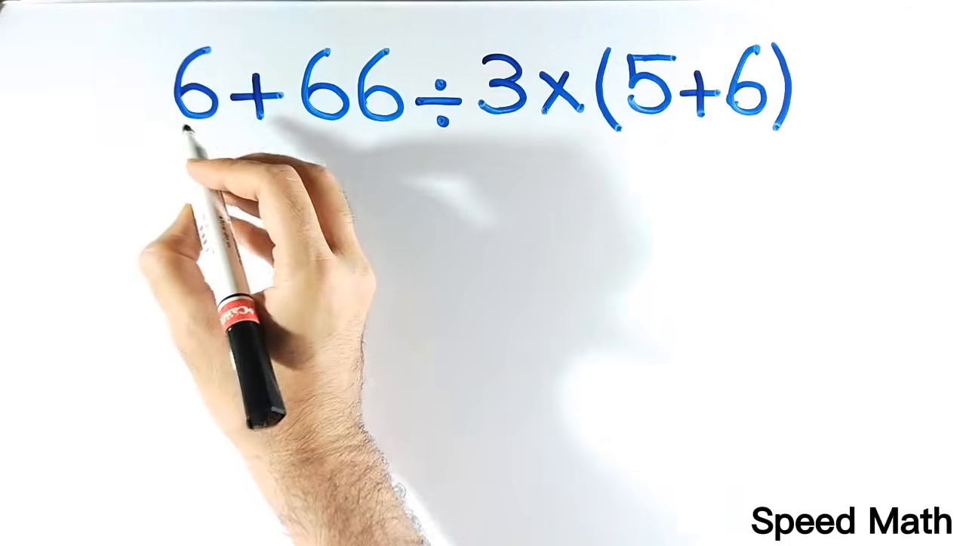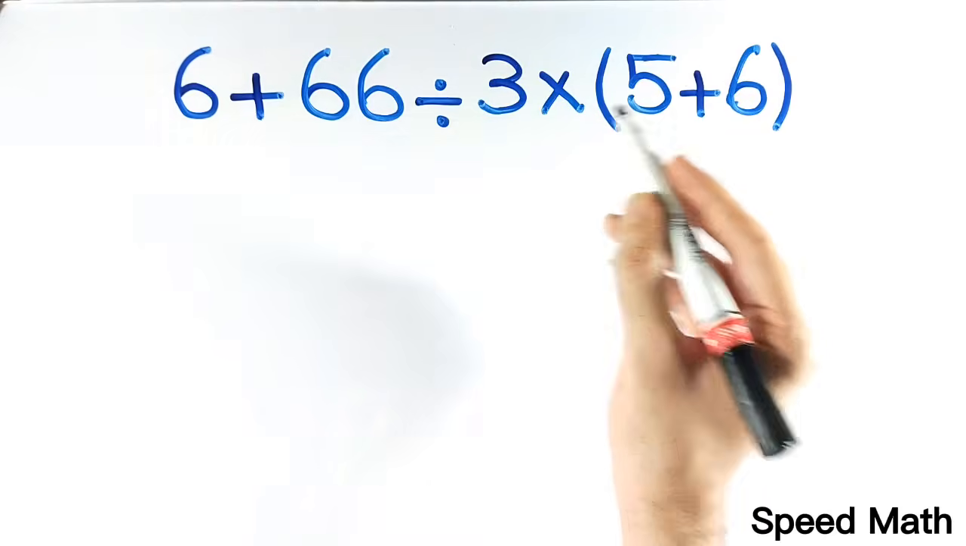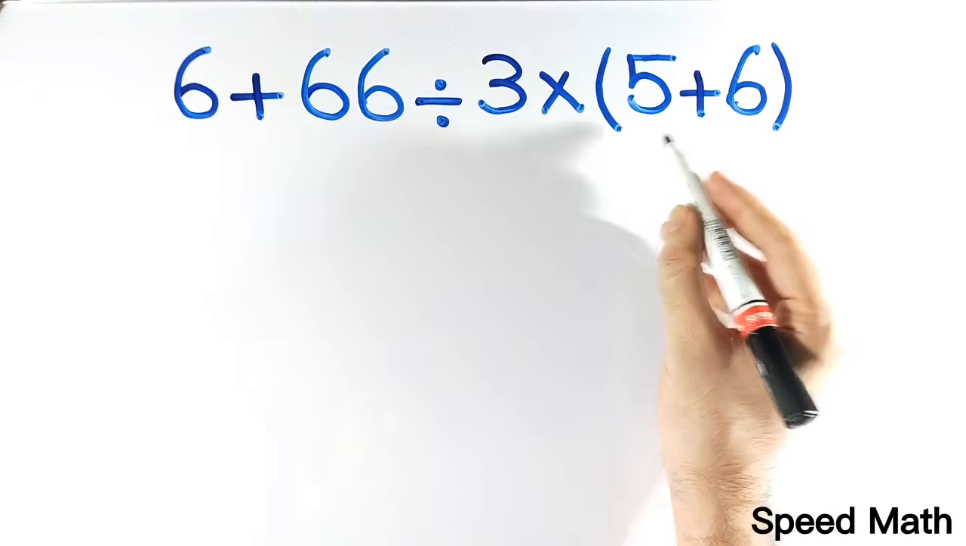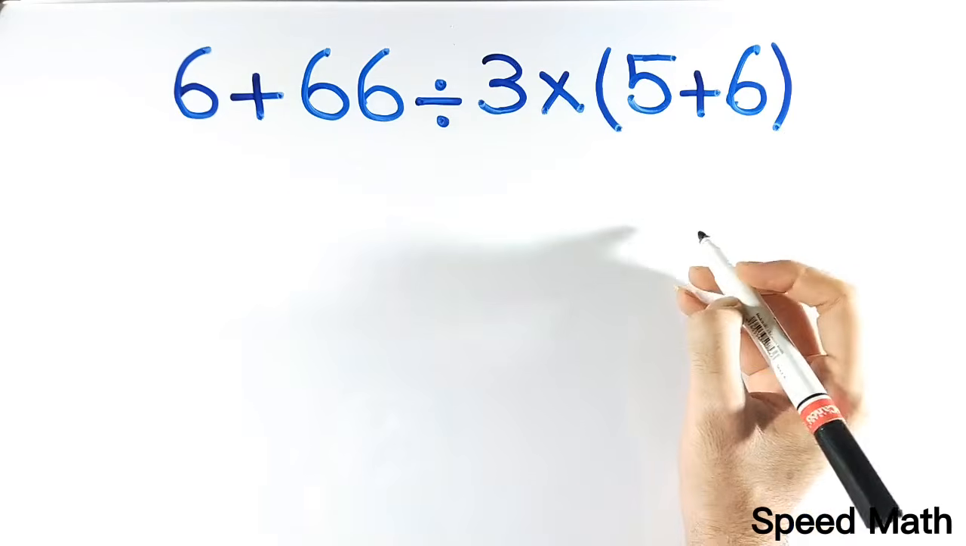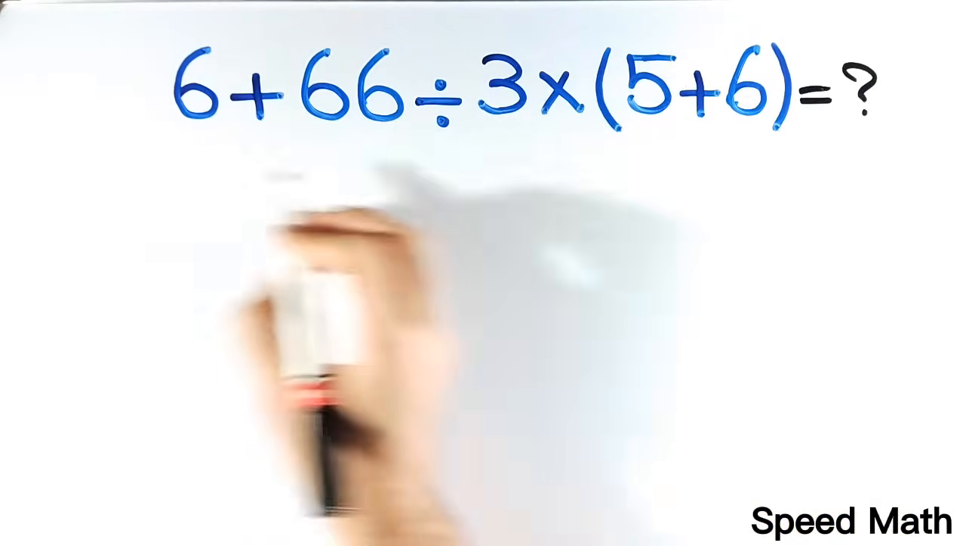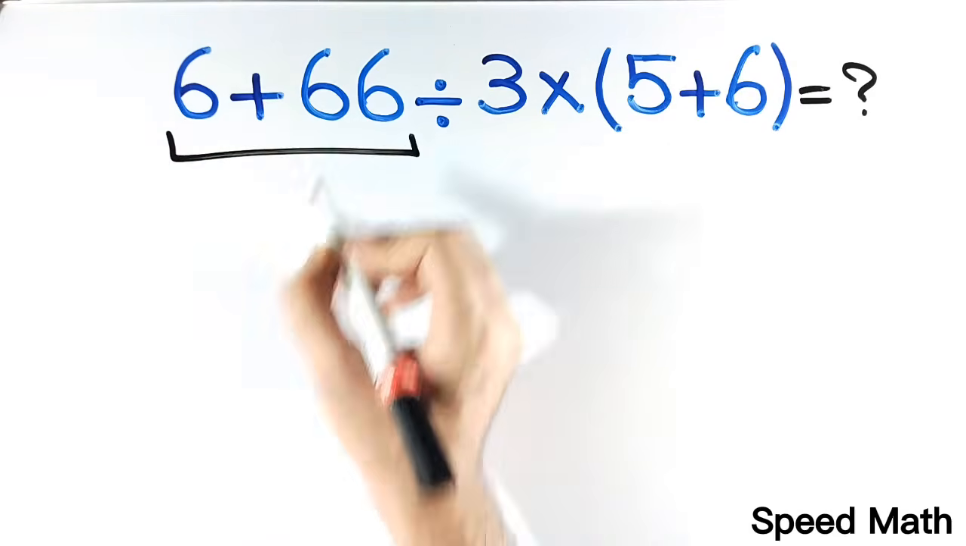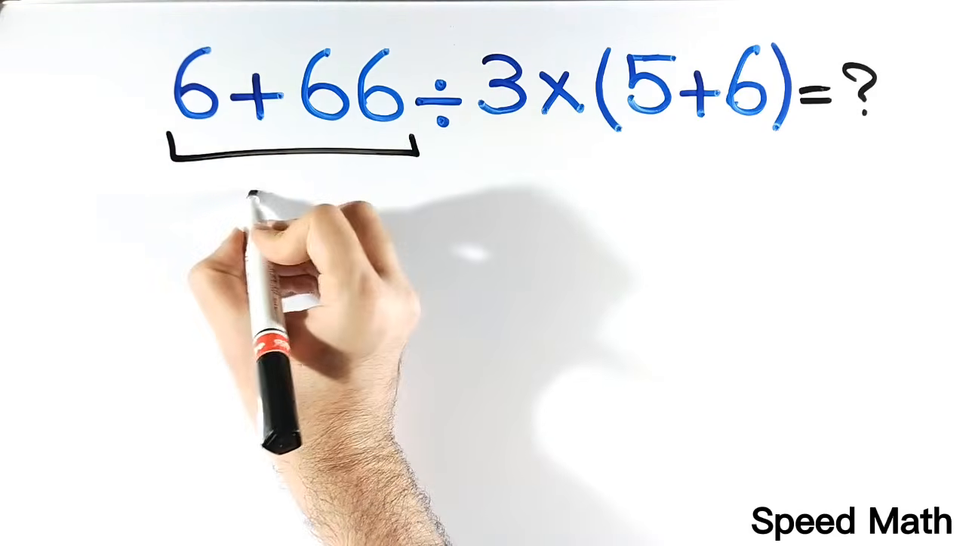If we have the expression 6 plus 66 divided by 3 multiplied by (5 plus 6), then what is the correct answer of this question? Many people, when solving this question, first go for the addition between 6 and 66 and write this expression as